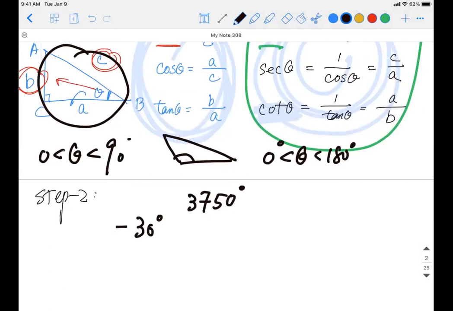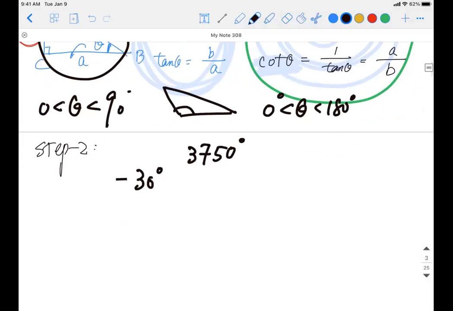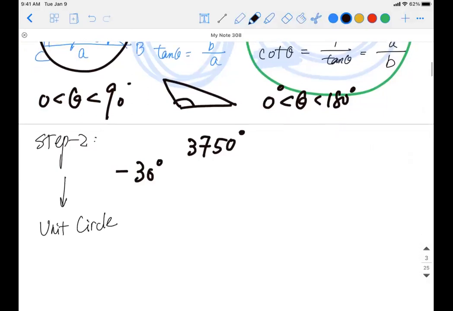So there's no way around it: we have to expand our definition of the triangle, of trigonometry, into something not just from 0 degrees to 90 degrees, or from 0 degrees to 180 degrees. We want something bigger, something wider. And how can we do that? We have to go to the second category of definition. We're going to go to a unit circle. So what is a unit circle?